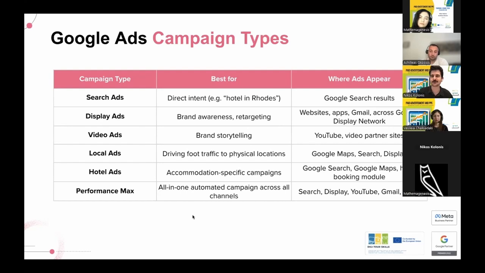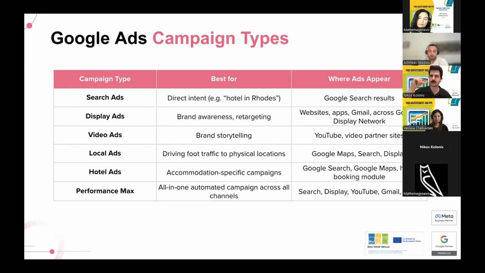And here is the recap, because I understand that if somebody is not familiar with paid advertising, this is a lot of information at once. So this is a recap of all of the Google campaign types that I've discussed in the past few minutes. So again, we have search ads, the text-based ads on Google search results. We have display ads. These are great for brand awareness. They're image-based, but they also allow you to retarget, do remarketing to people who have already visited your site, but have not purchased or made a booking.